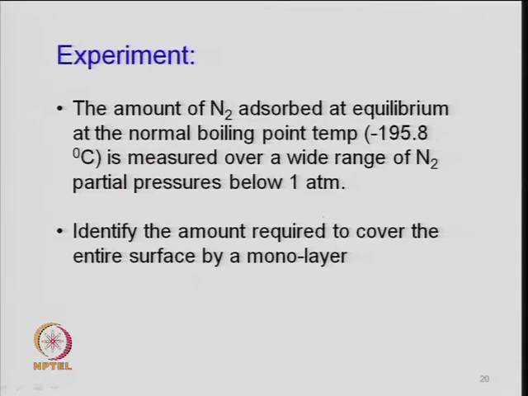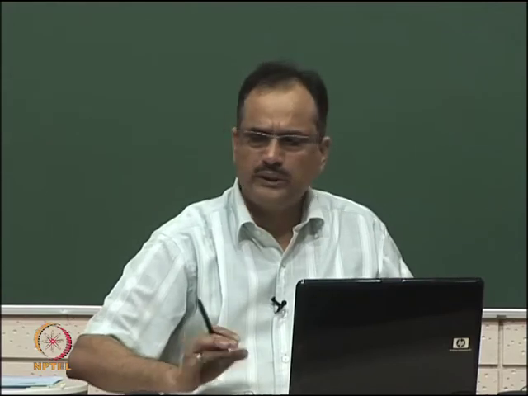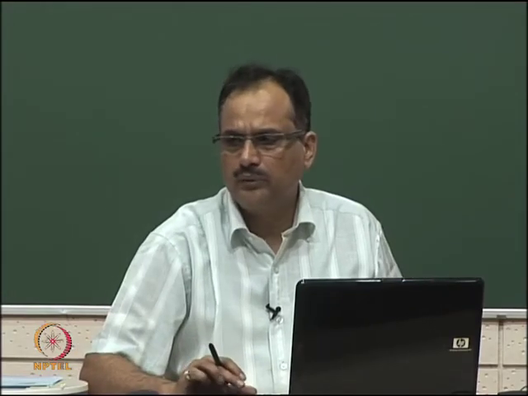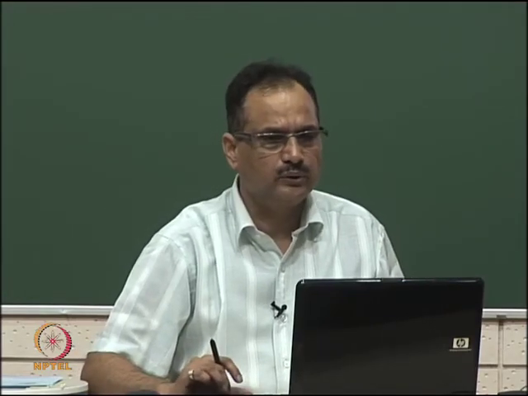Then you identify the amount required to cover the entire surface by a monolayer, Tm. For nitrogen, the value of the monolayer thickness Tm can be determined if you know the area of one molecule and the total volume of gas adsorbed, and at standard condition 1 gram mole of nitrogen has a known volume. So, by using the gas law you can calculate, and knowing the density of the liquid nitrogen,